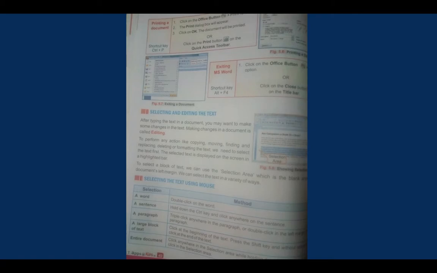Paragraph will get selected. Now you want to select 1.5 paragraph. Okay, out of 2 paragraphs you want to select 1.5 paragraphs. So what you can do, first on the first paragraph you can do triple click, that will be selected. Then what you can do, you can just press the shift key and the down arrow or the right arrow and select the block.